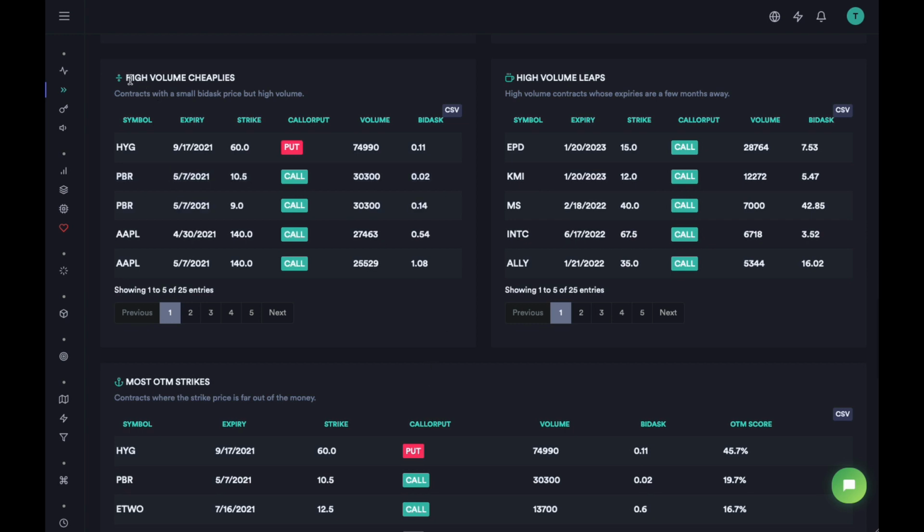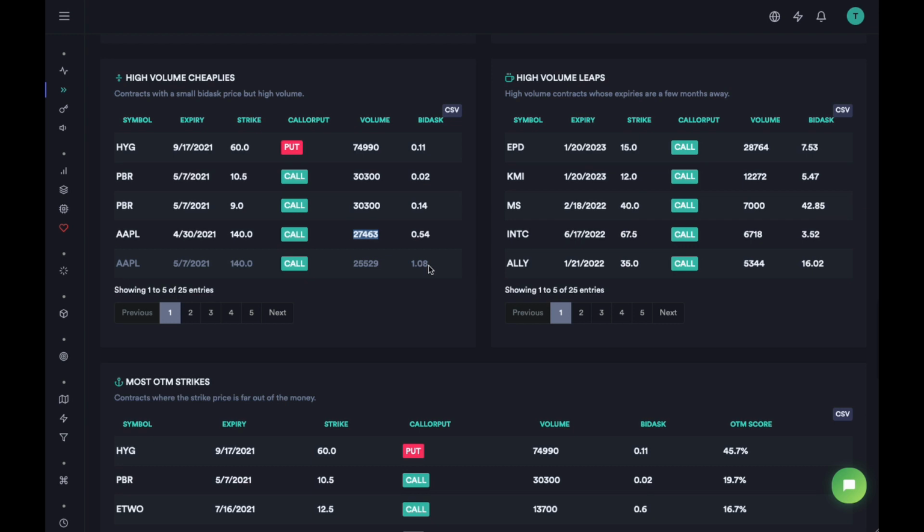So the high volume cheap prices is a table that shows you the contracts that are cheapest in price but that have the highest volume. You can see that we had an HYG put, and the volume was about 74k. Then we have Apple calls today, and the volume was about 30k. And you can see that the bid ask, the contract price, is really low. It's just $54, and for this it's just $108. So that's a really low price. Now the reason we have this table is because